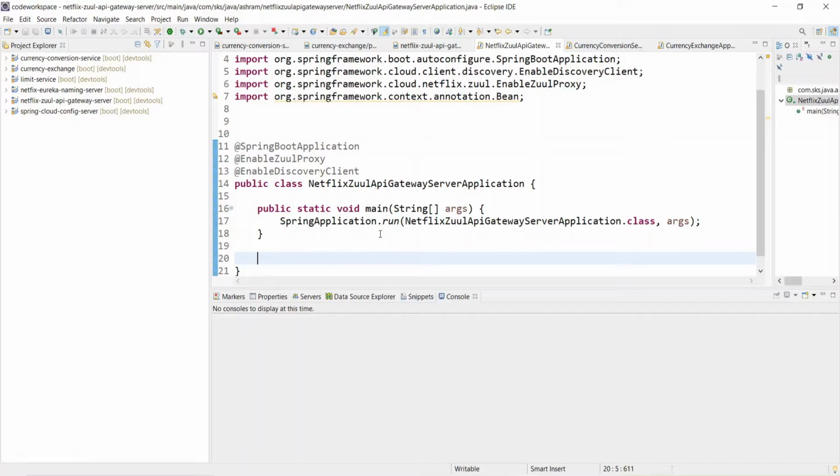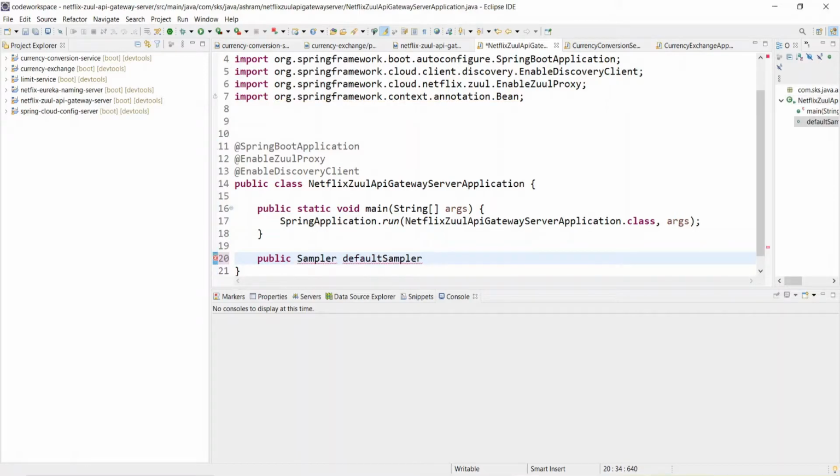This Sampler is an abstract class provided by Spring. So we will be using a bean sampler to capture all the requests, right? So how will you do that? Let's write one method, public Sampler, and defaultSampler.